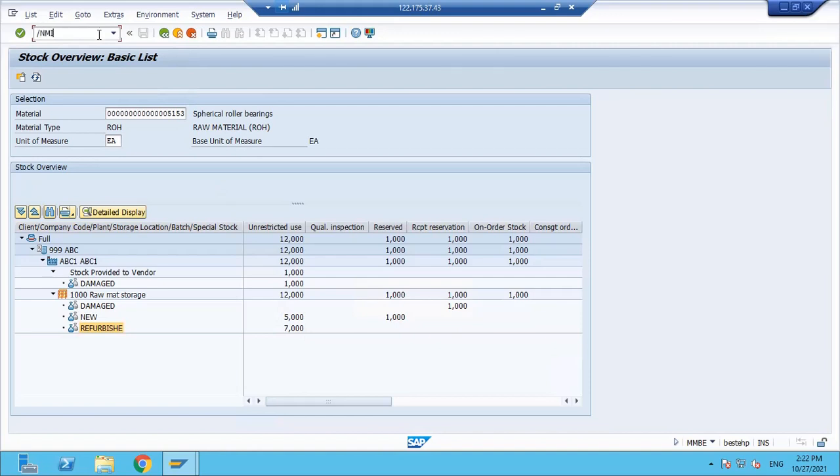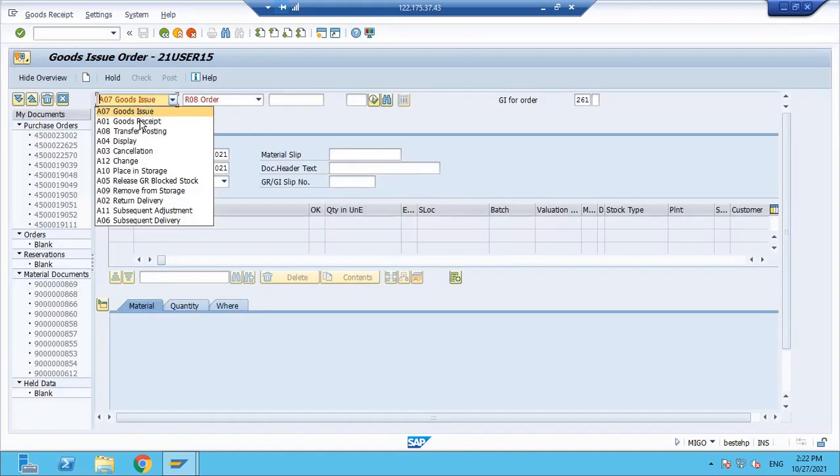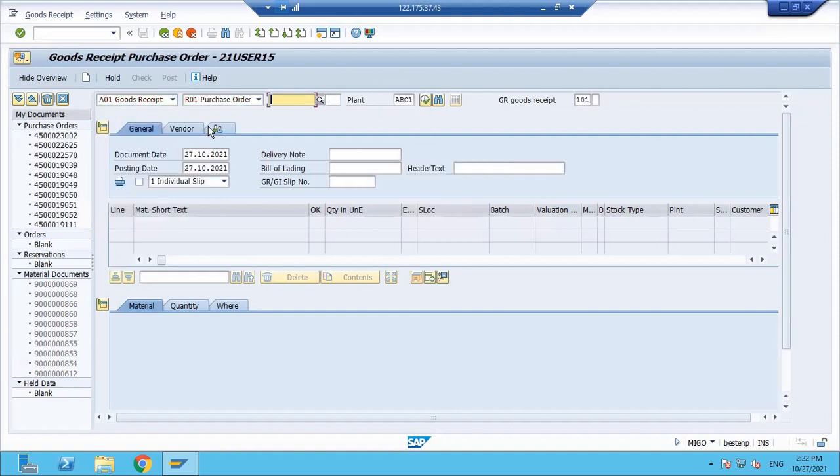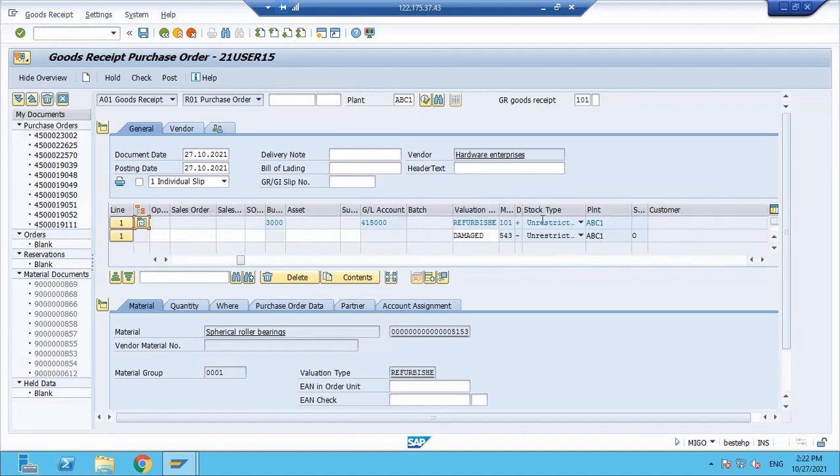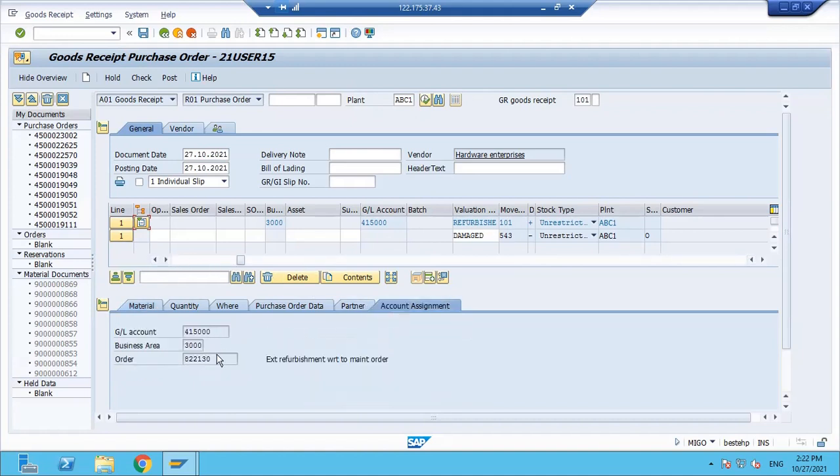Now what is the next step? Go to MIGO, do the goods receipt for this purchase order. Now this will all be the same process as what we did for the external refurbishment without any order reference. The only difference is in the account assignment, you will find the order, right?